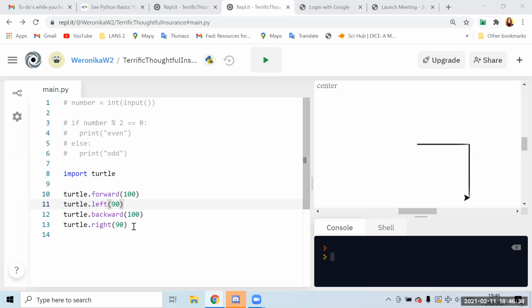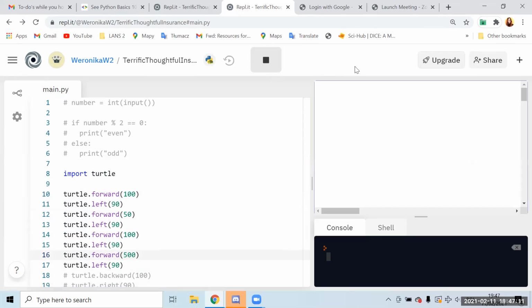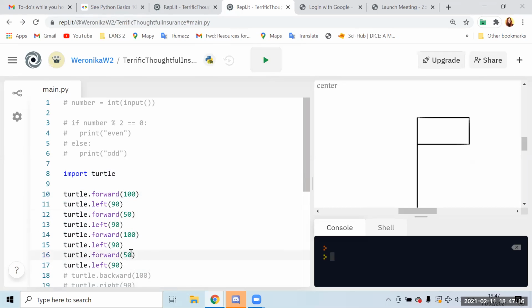And let's try to draw a simple thing. So let's try to draw a rectangle using that one. So if you want it to draw a rectangle, you should go forward and then you go left and then you go forward and then you go left and so on. So if you want it to do it, you should probably just copy and paste those two lines 4 times and maybe change the distance here and here. Oh, yeah, 500 is not the right thing, 50.